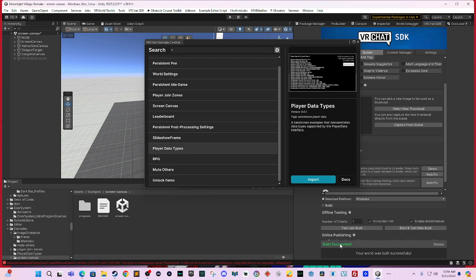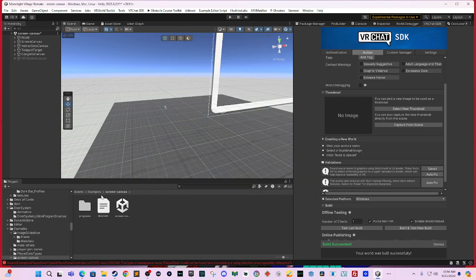Nope, it doesn't, because there's an error, and the error is that it could not find a using directive or an assembly reference. So player data types does not work if you are not in the beta for persistence. But you are still able to import it and check it out in terms of the editor. So we're going to do that anyway. We're just not allowed to play,